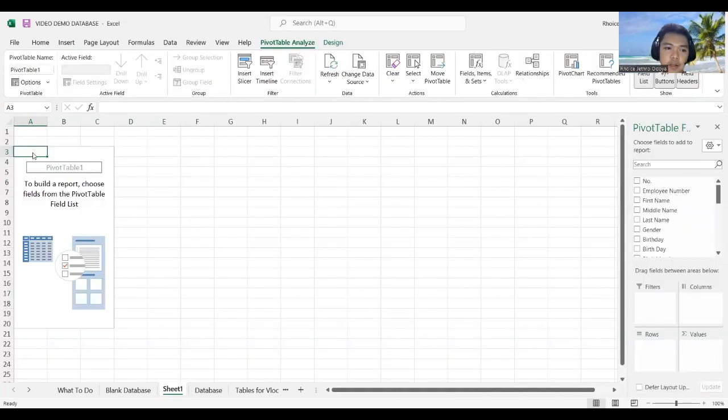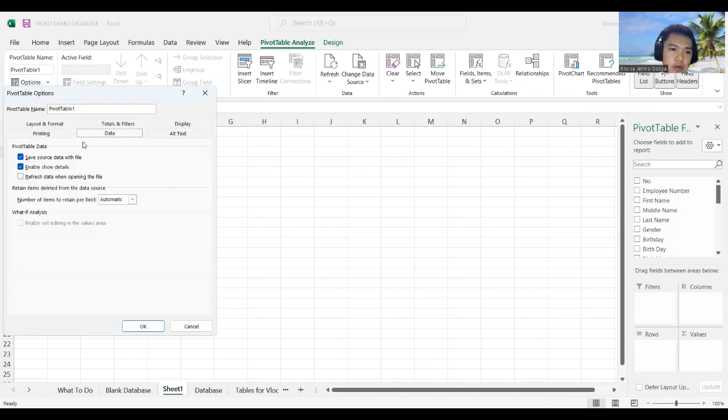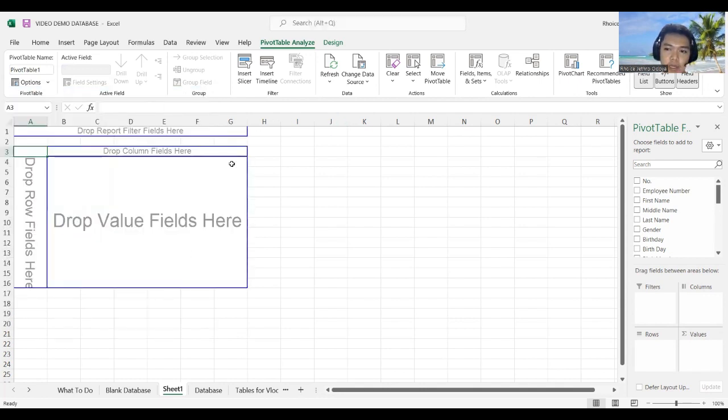Then for here, you can right click, then pivot table options. Yeah, you can click display, then classic pivot table. So you can basically drag these things out. Basic pivot table arranges your data into a table that summarizes different types of information, such as how many have birthdays in,